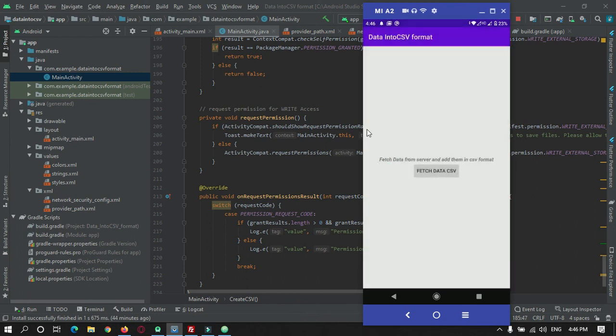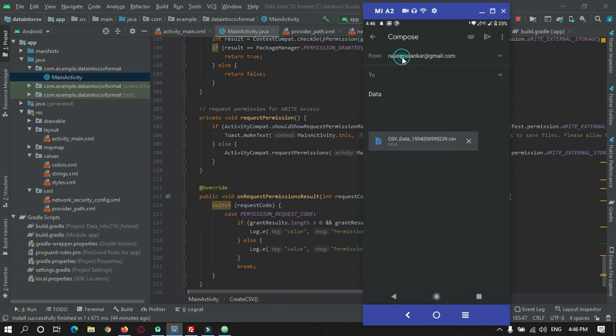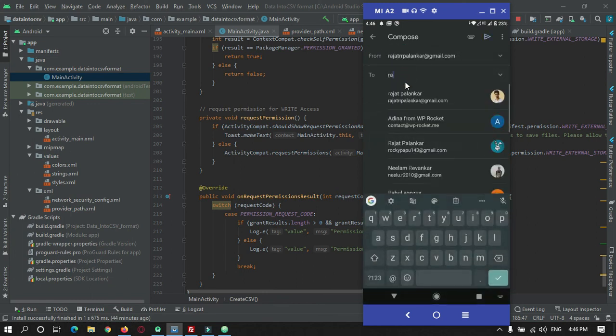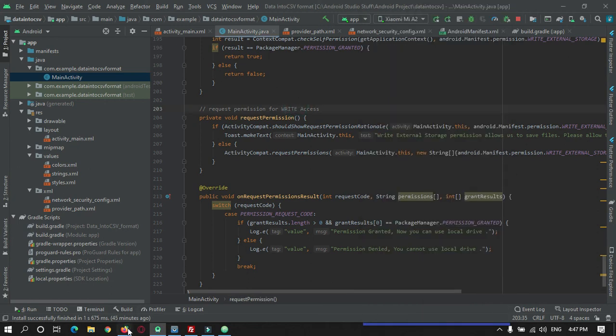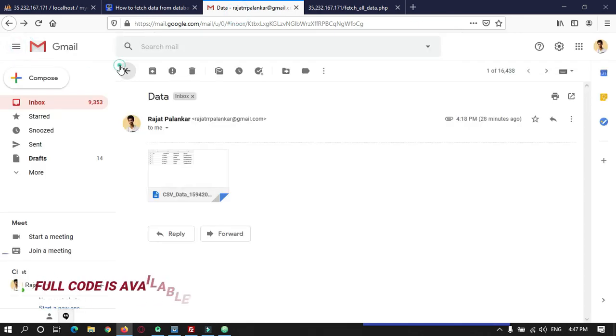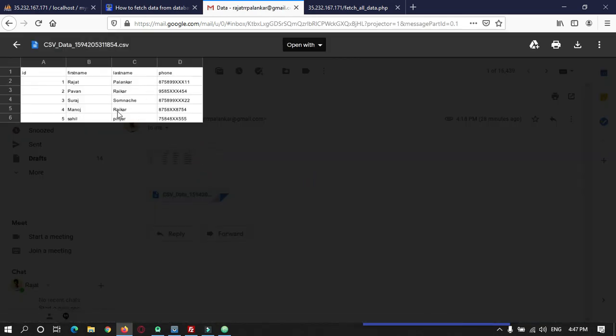If data has been fetched, we can store it in Google Drive or any of the share options that you have been using. So I have only two options here. Bluetooth will take time because I need another device to be connected. You can just hit the send button here. So I will receive the data. As you can see, this is the data I have received from the database server.